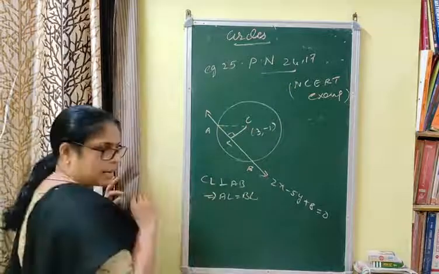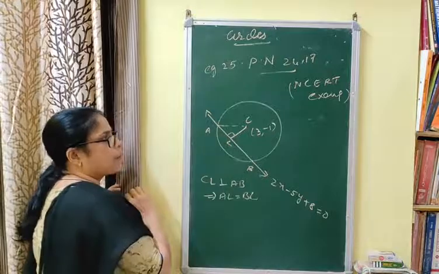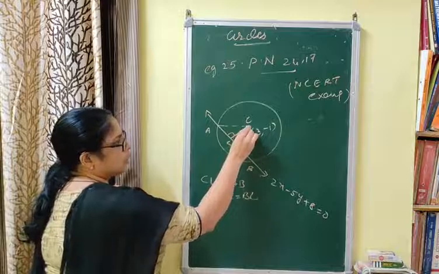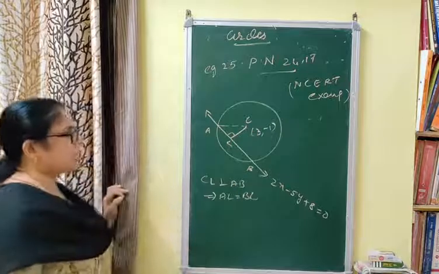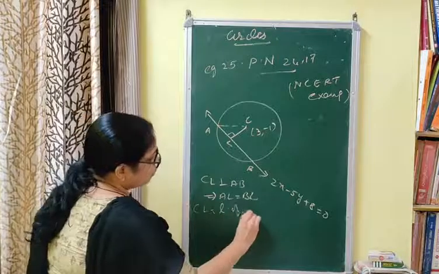आपको सेंटर दे रखा है, रेडियस फाइंड आउट करना है. रेडियस फाइंड आउट करना है तो ट्रायंगल ALC में आपको पाइथागोरस लगाने के लिए you have to find the length of the segment CL. How can we find the length of segment CL? CL is the length of the perpendicular